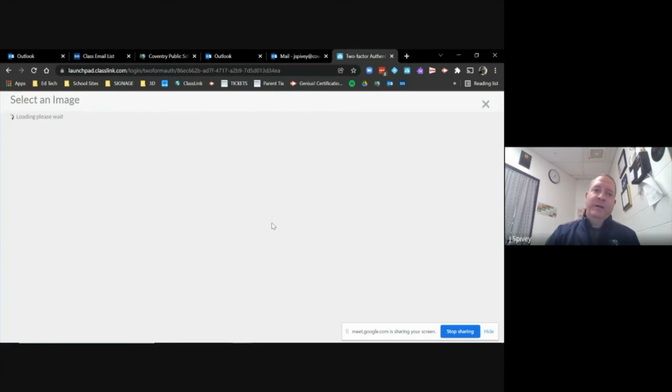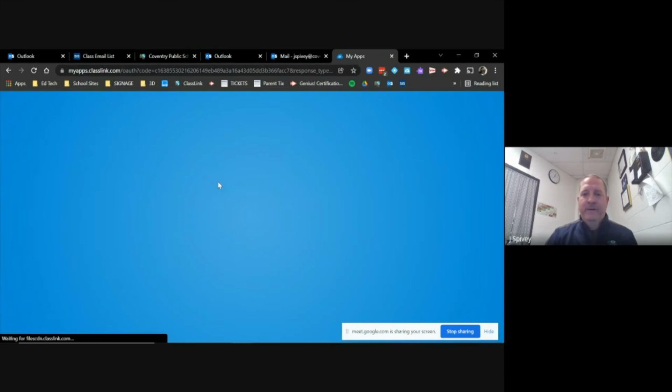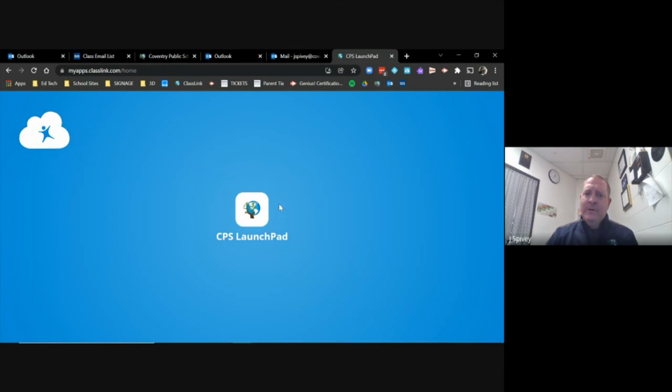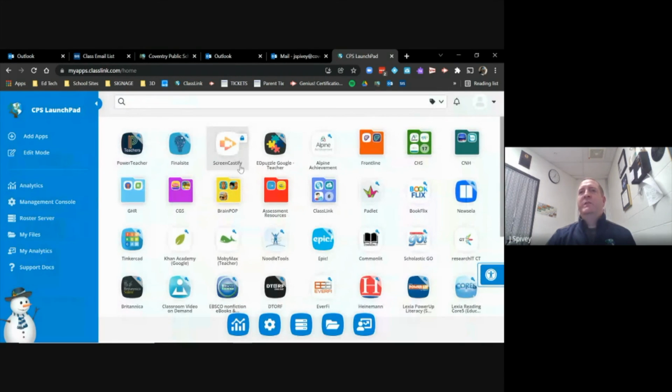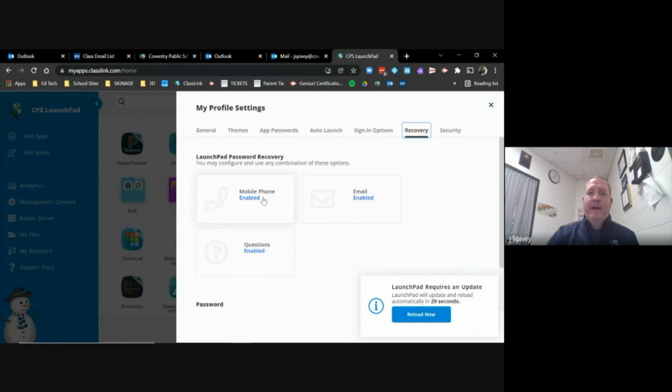Once you sign in, you might be requested for two-factor authentication, and you pick a little picture. And now in Launchpad, if it's the first time, it's going to ask you to set up your password recovery. What that means is in the settings section, you can see recovery. I've got a mobile phone, email, and questions enabled. So that allows me, if I forgot my password, to go to this link and hit forgot password,